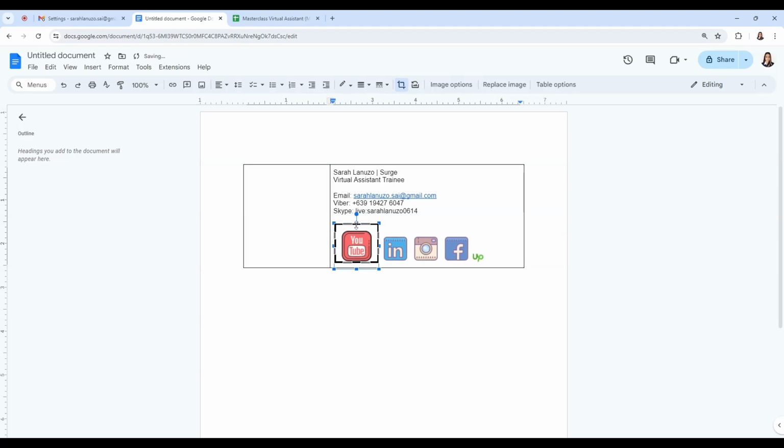So here, let's customize the size of this icon.